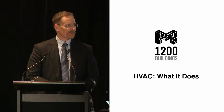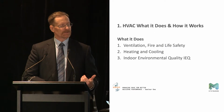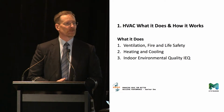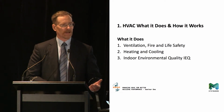So really, what does HVAC do? So yeah, it provides all these wonderful things by way of amenity, but what does it really do? In first instance, it provides ventilation. In the space we're in today, there's no openable windows. For health, for safety, for comfort, we rely upon the air conditioning system ventilating the space, providing outside air, providing